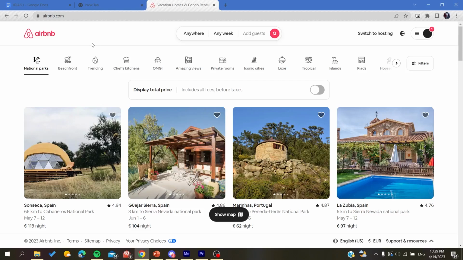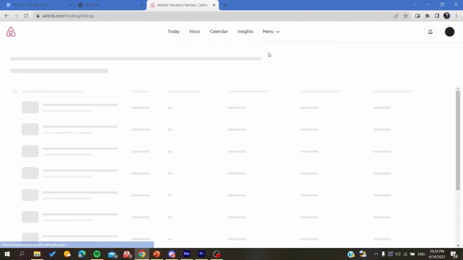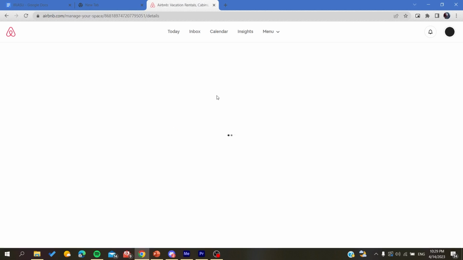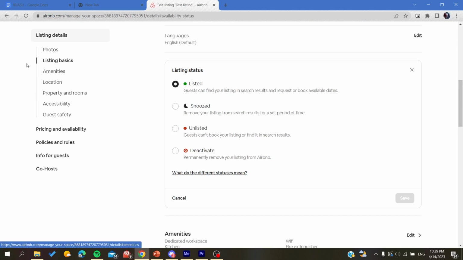So after you succeed to log into your account, all you need to do now is to switch to hosting, and then you will go to the menu, and here we are going to click on the listing, and basically now we will need to update the listing. So basically here we can see the status of our listing is listed, and now we need just to click on the status and it will take us to the listing details, listing basics